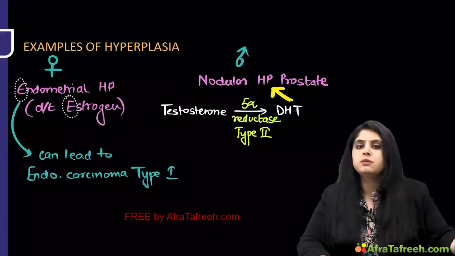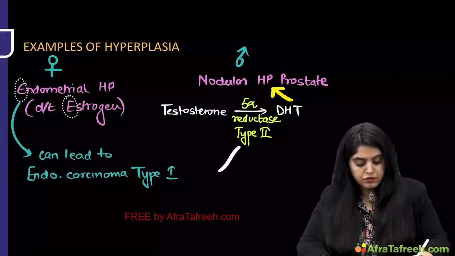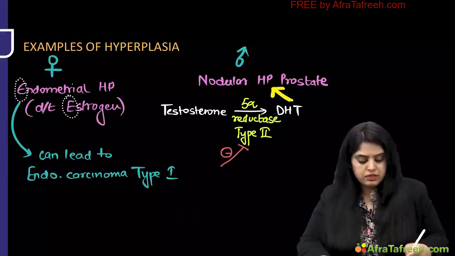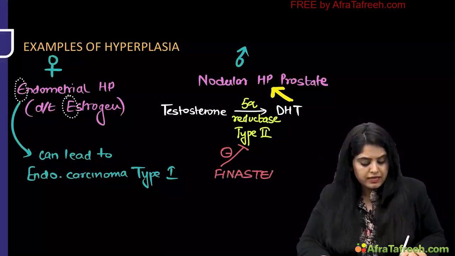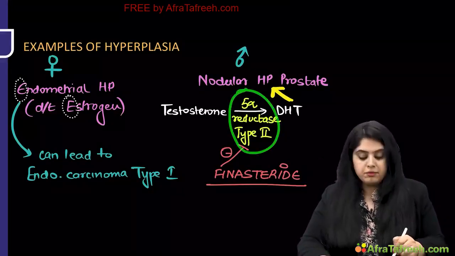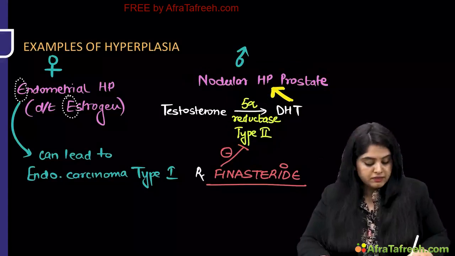So guys, tell me the pharmacology integration. If you have to stop this or if you have to treat this, what is the drug that you're going to give? Enzyme ko treat karo, enzyme ko inhibit karo. So that drug is known as finasteride. So remember, finasteride is an inhibitor of 5-alpha reductase type 2. That is what you can give for the treatment of nodular hyperplasia